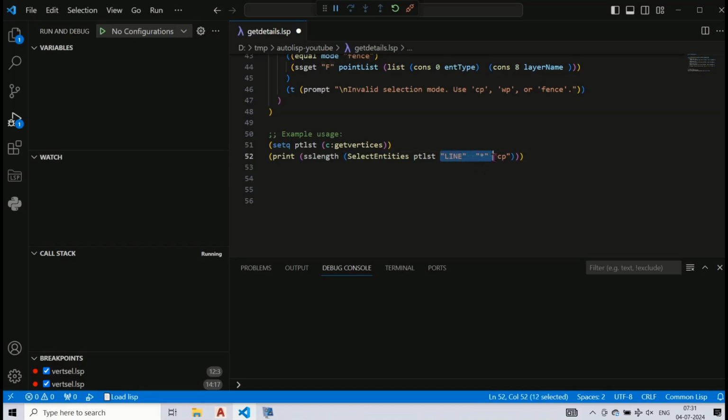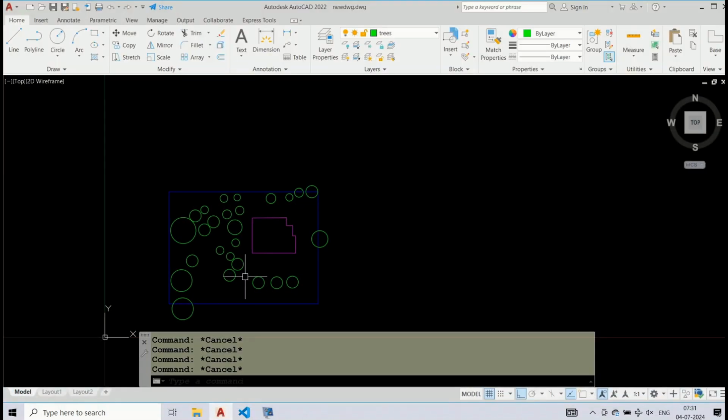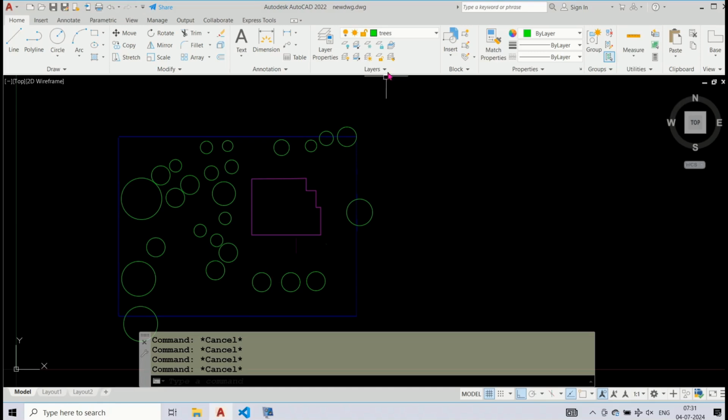Let's now test the modified code. Currently, all the 8 lines in the drawing are on the layer house. Let's add 2 more lines on the layer tree.